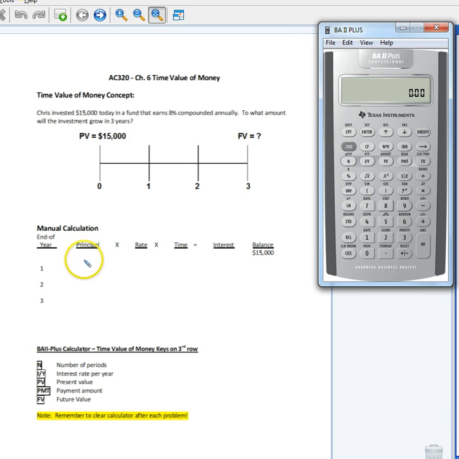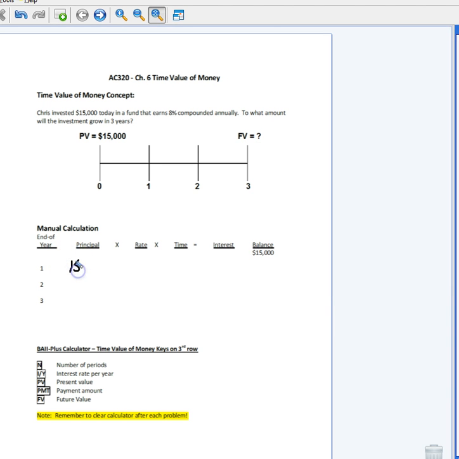Well, we could do this manually. He's today putting in $15,000 at 8% for 1 year. And so at the end of the first year, he would have earned $1,200 in interest. So his total investment would be now $16,200. And here's where the compounding comes into place. So then in the second year, he has an investment of $16,200. And he's going to earn interest not only on the $15,000, but the $1,200 he previously earned. So now his interest will grow to